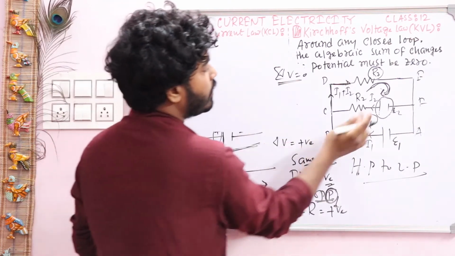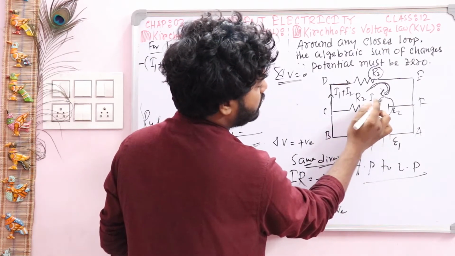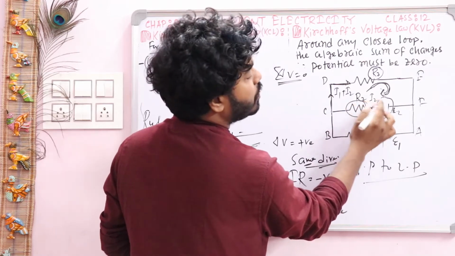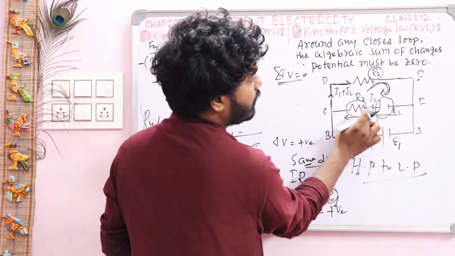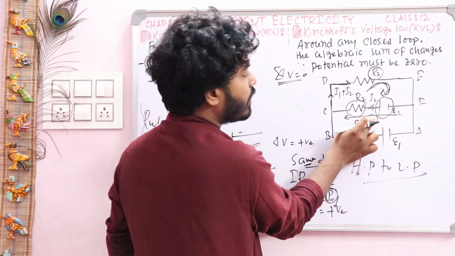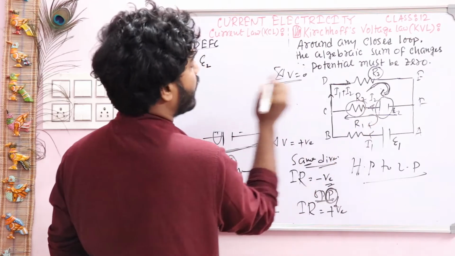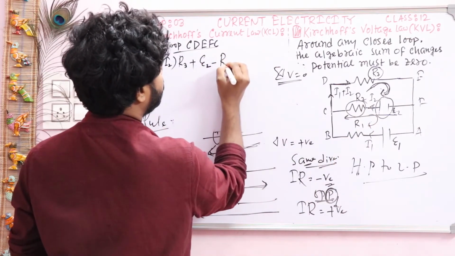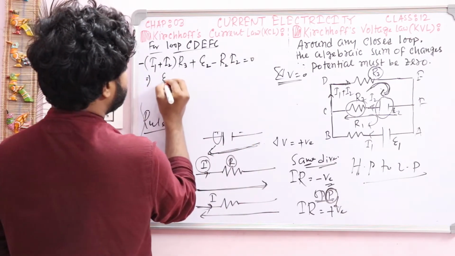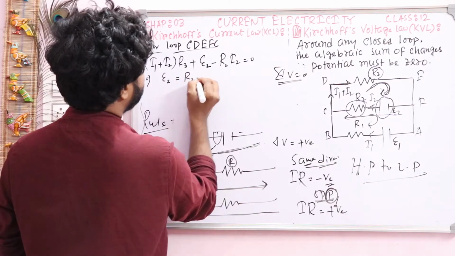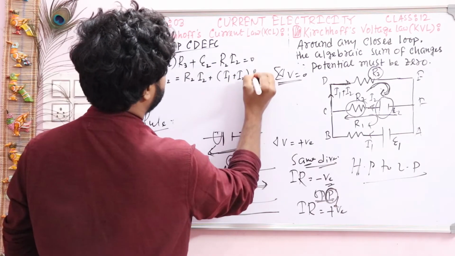So this cell is named E2, so this is a positive sign, plus E2. Okay, now you just see this one. This one is for resistance R2, current flowing I2. Here current is flowing in this way and your direction is also in this way. The direction of current and your direction are the same, so you have to take a negative sign. That means here the potential will be R2 into I2, and this must be negative. So you can write: E2 is equal to I2 R2 plus I1 plus I2 into R3.